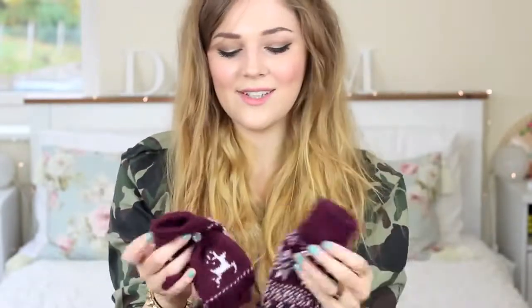Okay, I got some accessories from Primark as well. So mittens, I got these, they're so cute, just because my hands get cold. But yeah, they're just little print mittens. They've actually got reindeers on them, really cute, quite Christmassy. And I